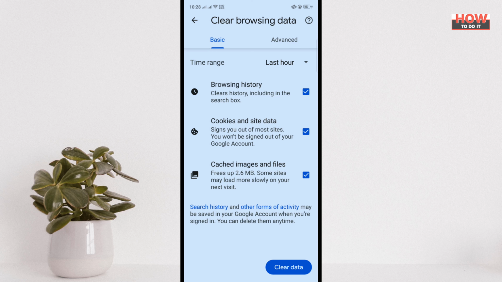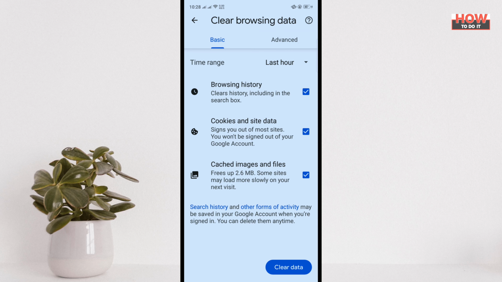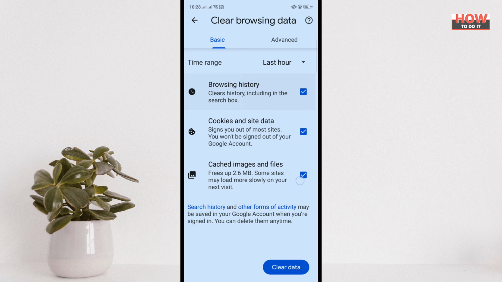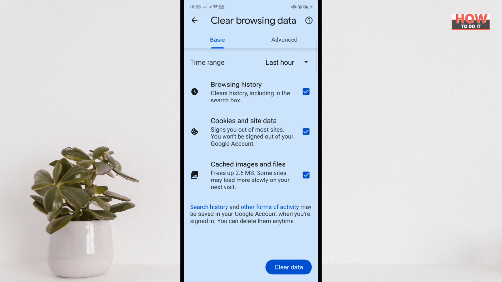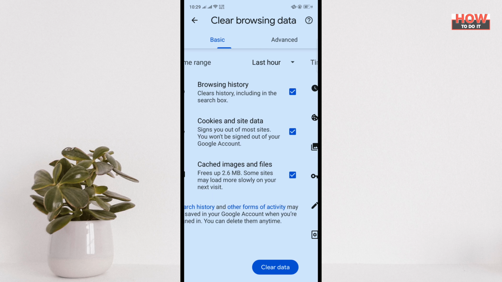One is basic and another is advanced. So if you tap on basic, here you'll find three options. Select all of these from here and go to advanced, and from these advanced options you can select saved passwords, autofill form data, site settings,